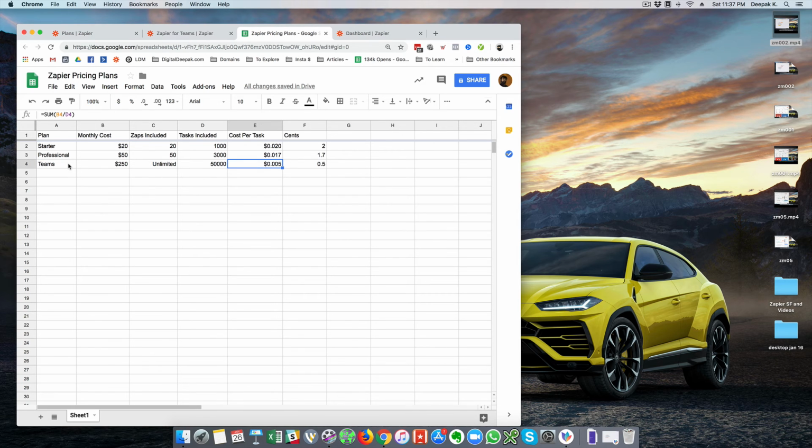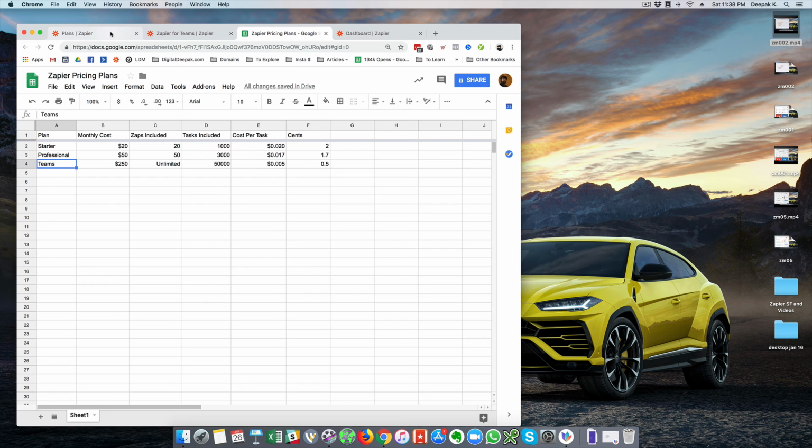Or ideally you can team up with five different people, create a team account, and basically get on the cheapest Zapier plan. This might have some problem with the terms and conditions of Zapier. They might not appreciate it, so keep it private, just within your own group. And if you are running a company and want your employees to have different Zapier accounts, then you can definitely sign up for the Teams account, which is beneficial for giving it to different people and letting them have team accounts.